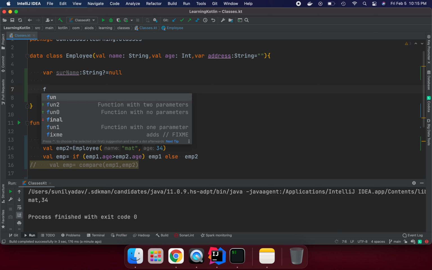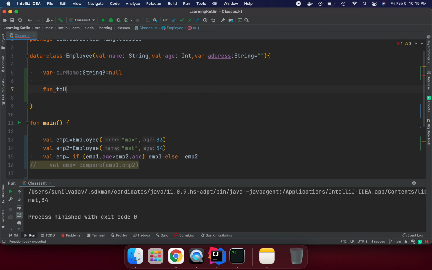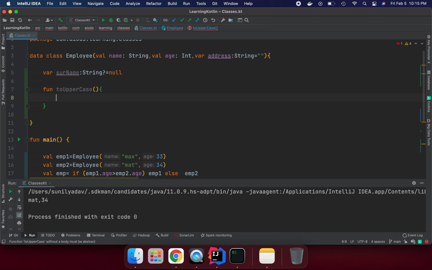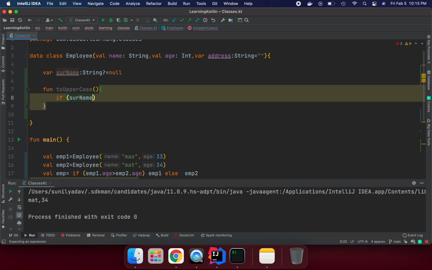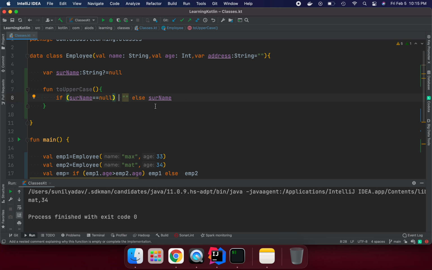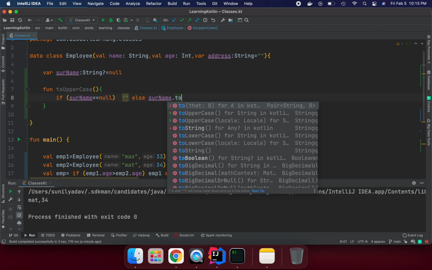I'm going to say fun toUppercase. What I am trying to do here is, if surname is equal to null, then return blank; else return surname dot toUpperCase. We don't need to say an unnecessary return here.